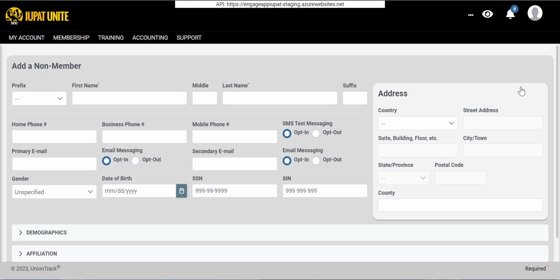When you select that button, it's going to take you to the add a non-member page. And here's where you're going to enter your non-member information. It is worth noting that it is not going to check for duplicates on this page because you are adding a non-member. But here you're going to want to enter in that information, and we're going to just call it non-test